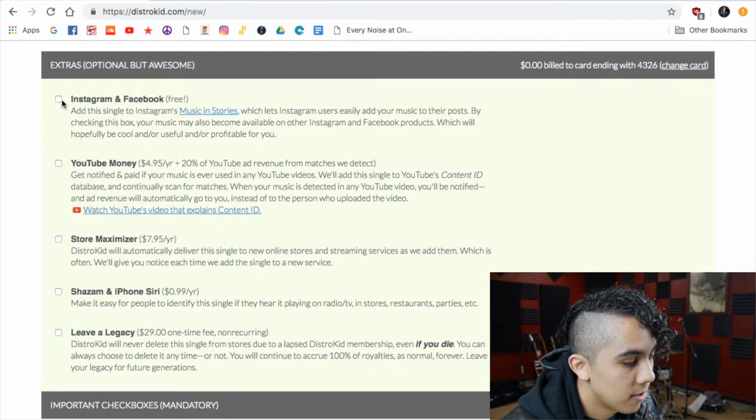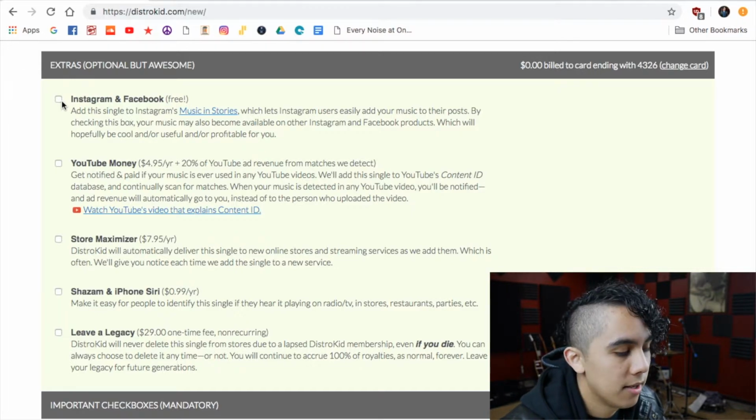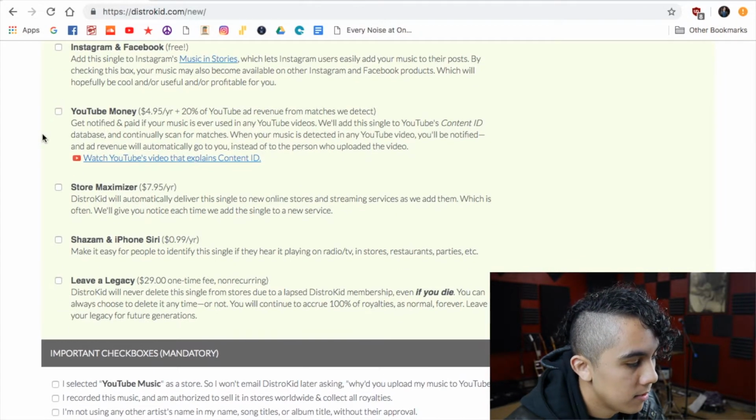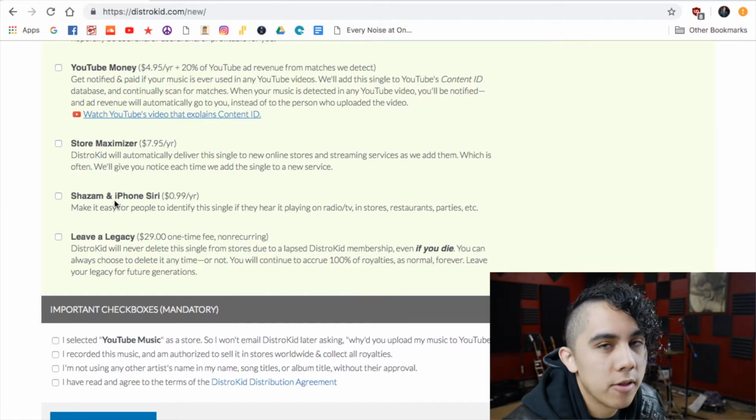You can put this on Instagram and Facebook, and essentially it's going to be music in stories, which is if you do a story and you want to add music to it, your music will show up there as an option if you search for it. Then YouTube Money again, the store maximizer, Leave a Legacy again, Shazam. You can add on these things after the fact as well,